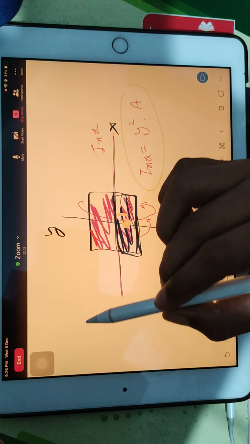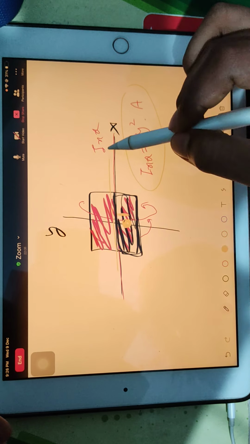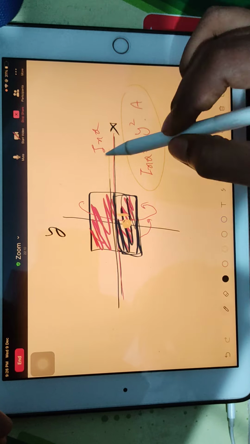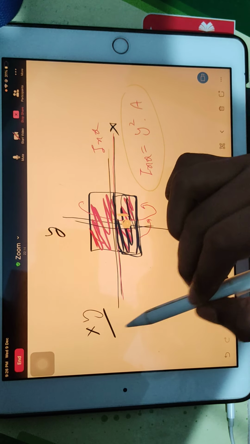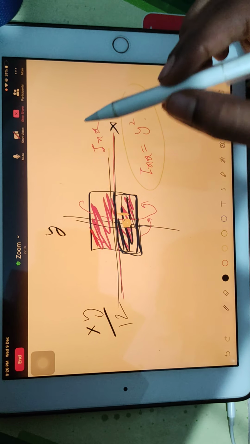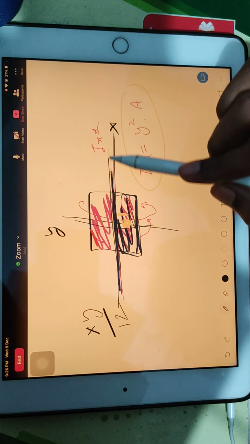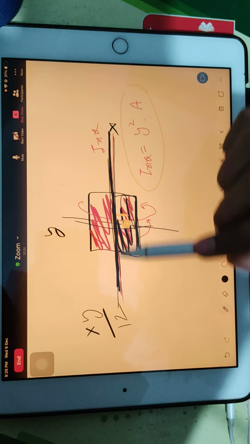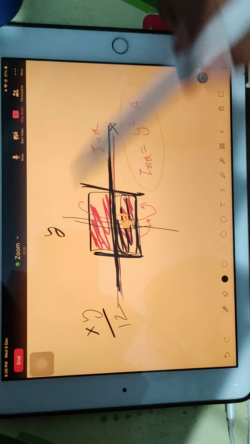Cut cube, right? You have only two dimensions, one dimension along x-axis and one dimension along y-axis. Divide by 12. Now you think which axis you are cutting. Means about which axis are you rotating? About x-axis I am rotating. So this x-axis is cutting which dimension? It is cutting y dimension. So cube the y.